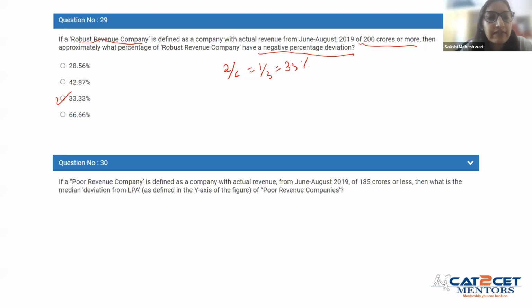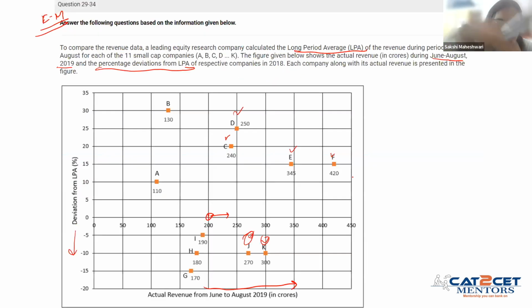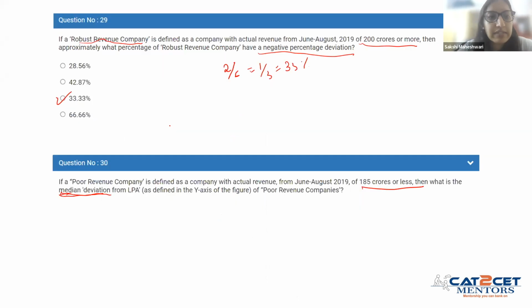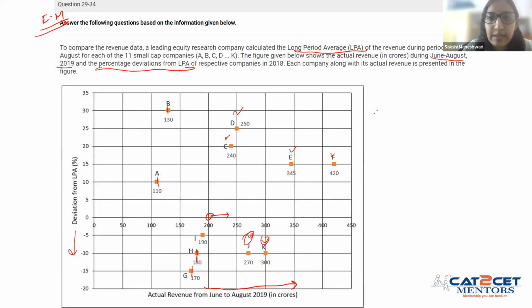Now, a poor revenue company is defined as a company with actual revenue of 185 CR or less. So what is the median deviation? See, this is not mean deviation, this is median deviation. So 185 CR or less. That means H, G, A and B. So out of these 4 companies, we have been asked the median deviation. So the deviation of these 4 companies are plus 30,